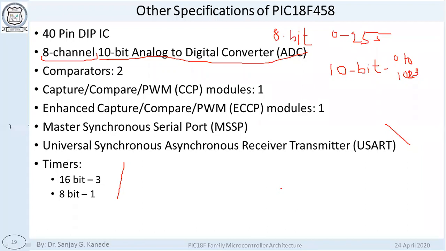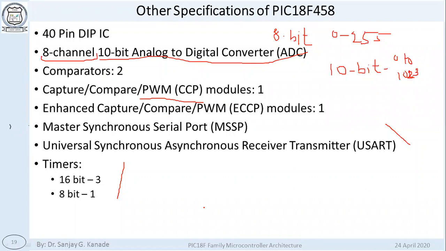Okay. So you can see now the difference: for 8051, you needed everything to be interfaced externally. However, in this case, all these things are available inbuilt inside the microcontroller. For example, this PWM module is inbuilt. There are 2 PWM modules, in fact, so you can generate 2 PWM signals.